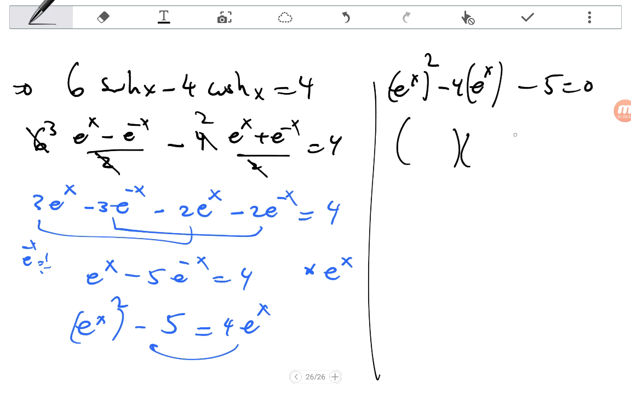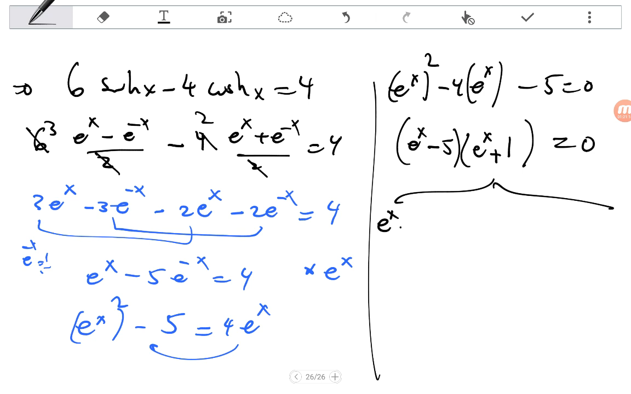Yes, this is a factorizable expression. That will be (e^x ...)(e^x ...), and we have here 5 and 1. That will be negative and that will be plus. Now we will have two possibilities: e^x equal to 5 or e^x equal to negative 1. This will give me one solution, which is x will be equal to,